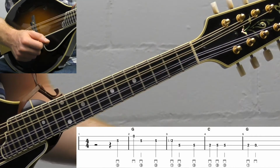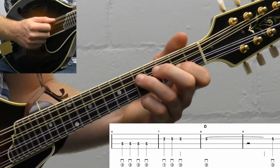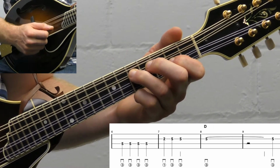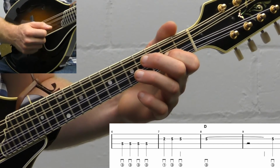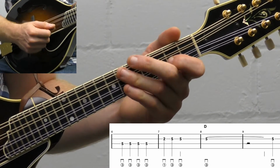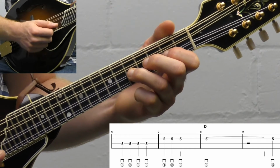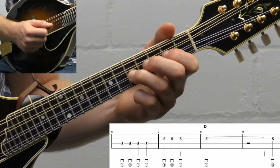So that's the opening melody line. And then we have the "Coming For to Carry Me Home" response. Back to the 5th fret on the D string 4 times. And then all downstrokes there, so just quarter notes, 1, 2, 3, 4, and then up to the 2nd fret. And then 5th fret on the A string twice. And that's 2 quarter notes followed by a half note. So 1, 2, 3, 4. And then you hit the 5th fret again. And that's going to be like a whole note. So you have,